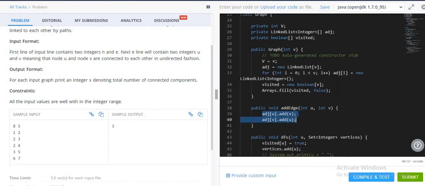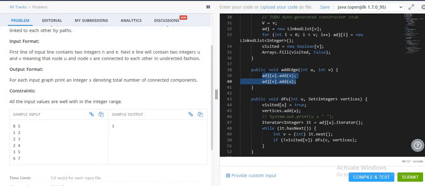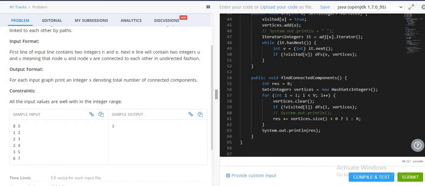Now to solve this, we have to visit each and every node, irrespective of whether there is an edge from other vertices to that particular node. So first, going to this find connected components method, I will loop through each of the vertices from 1 to whatever the vertex value is.